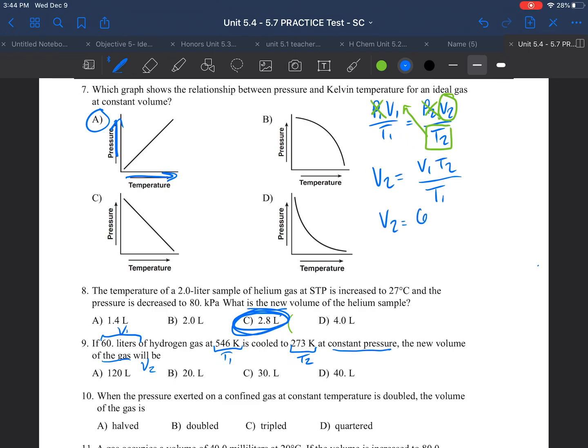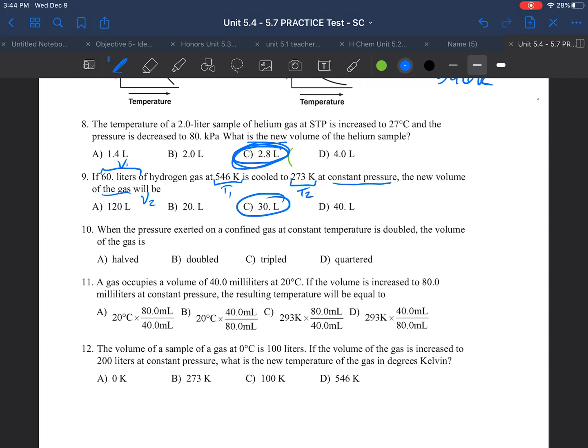Plugging in our values, we have 60 liters times 273 Kelvin all over 546 Kelvin. This gives us an answer of 30 liters. Number 10. This is talking about the relationship between pressure and volume. And so how I get there is it's asking about a confined gas at a constant temperature. If we take a gas and double the pressure in a confined container, what's going to happen to the volume? Strictly thinking about the relationship,